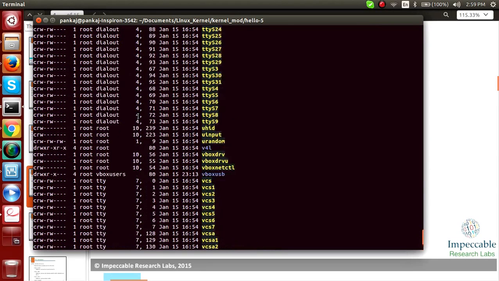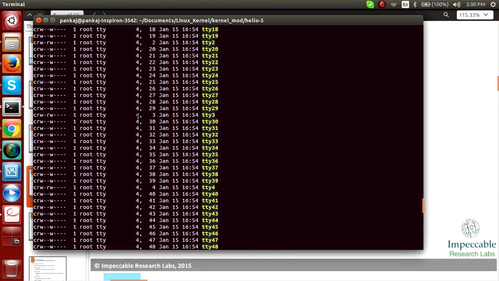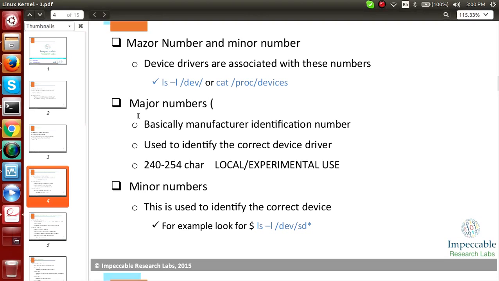Let me find it, I'll search for it. There is one header file which states some of the drivers' pre-allocated numbers, and the numbers 240 to 254 are for your local and experimental use.